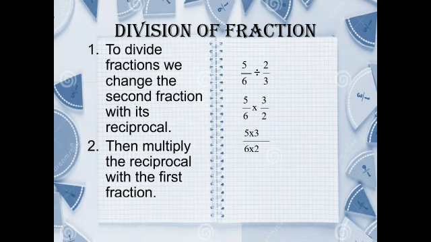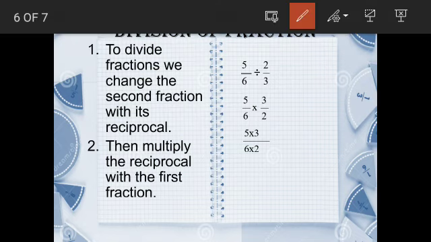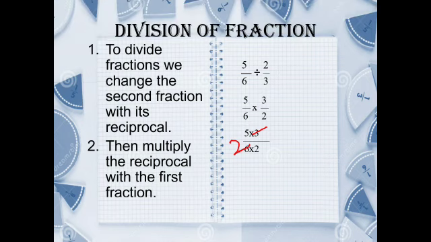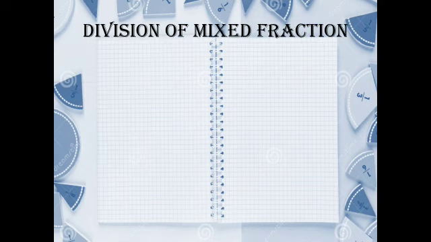Now what we will be doing is we will be simplifying the numbers. So 3 ones are 3, 3 twos are 6. So what we are left with is 5 by 2 into 2. So 5 by 2 into 2 comes out to be 5 by 4. We are going to leave the answer as it is. Moving to the next part now.